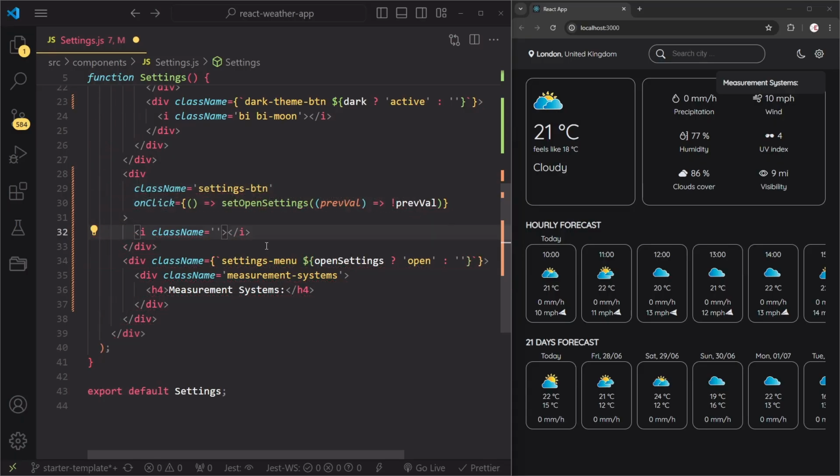I'm going to copy the whole thing, use some curly braces, some backticks, and then paste in that. So if open settings is true, I want to add that fill. If it's false, I'm not going to add anything. So you can see now that the icon is the fill icon. If I click on it,